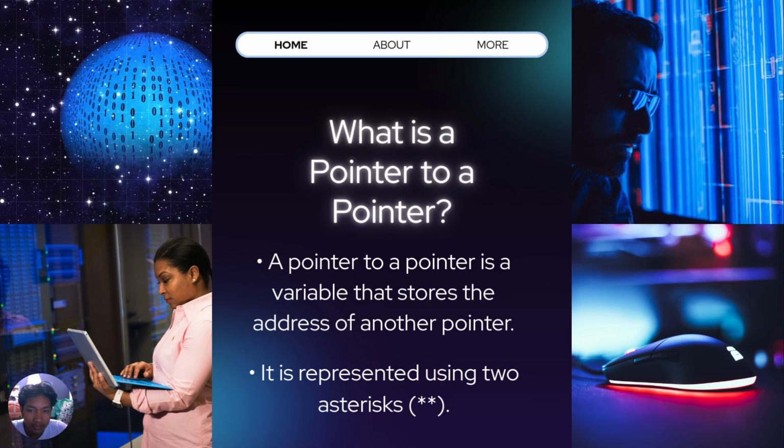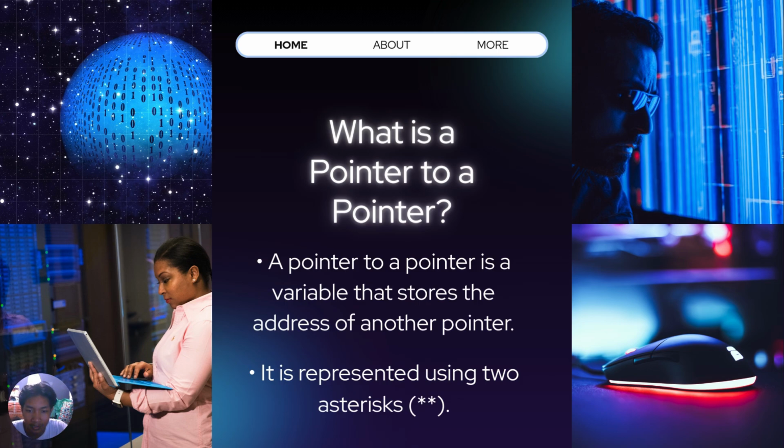Now that we understand pointers, let us move to pointers to pointers, also called double pointers. A double pointer is a pointer that stores the address of another pointer. It does not directly point to the value. Instead, it points to a pointer that points to the value. It is written using two asterisks like this: int **p;. This means p is a pointer.